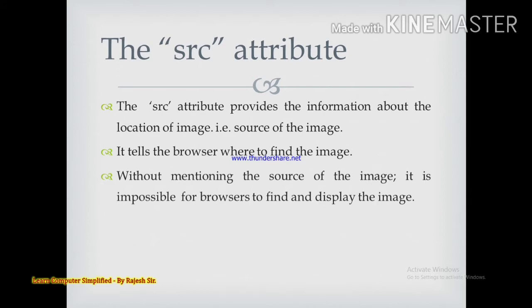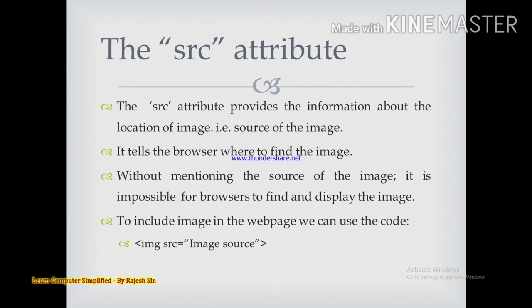That is obvious thing. To include image in the web page, we can use the code IMG space SRC and then image source. Now here in the image source we need to provide location of the image. The image specified should have a proper image format. Basically for the HTML part or web page part we are using JPG format, that is best suited image format.